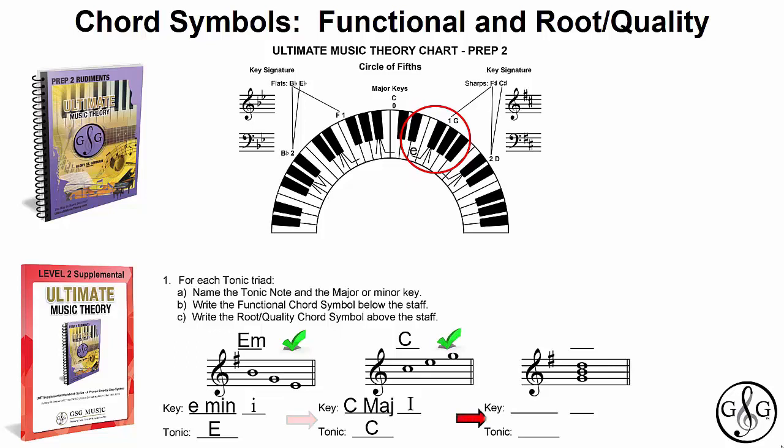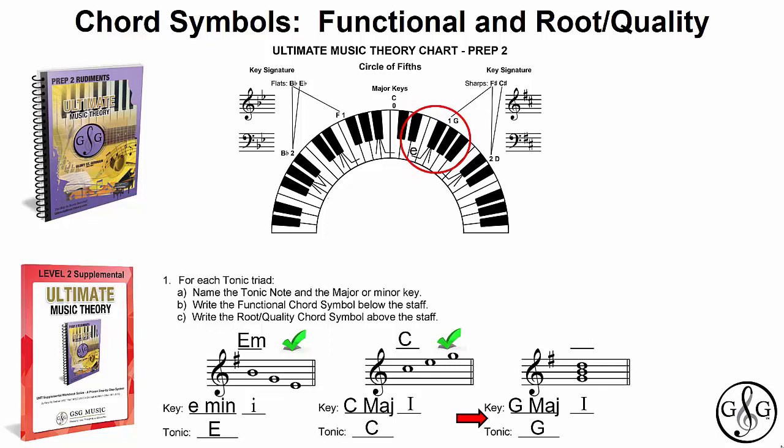The last one indicates that we want to first determine the tonic note. Now, in root position, the tonic note is the lowest note, which is G, so our tonic note is G. When we look up at the circle of fifths, we see that 1 sharp is either G major or E minor, its relative minor. And in this case, because the tonic note is G, we are in the key of G major. And now our functional chord symbol will simply be an uppercase I, representing the major tonic triad.